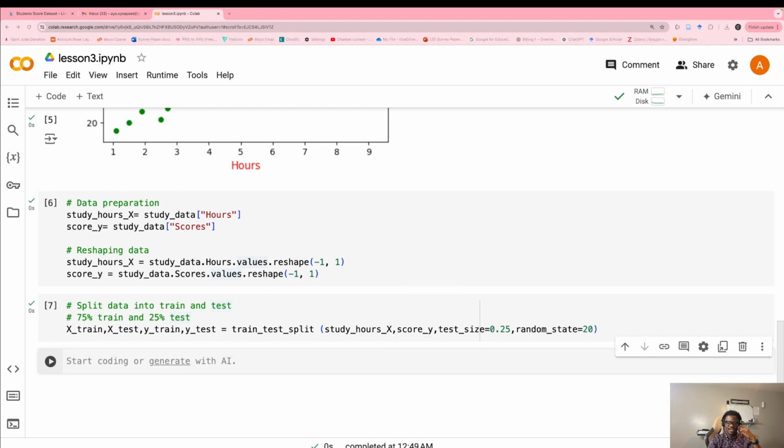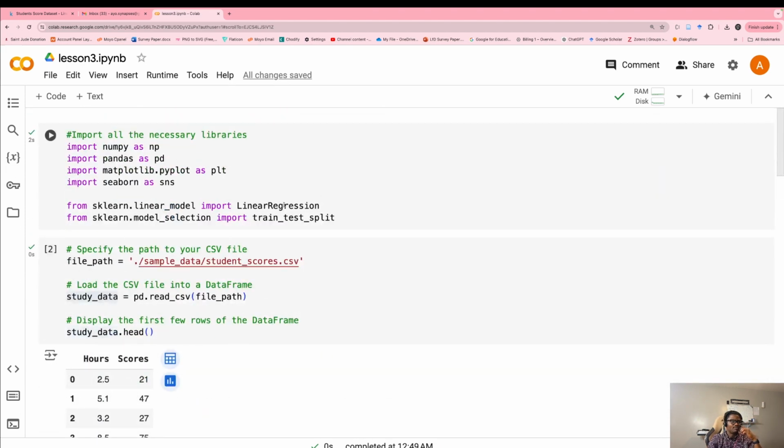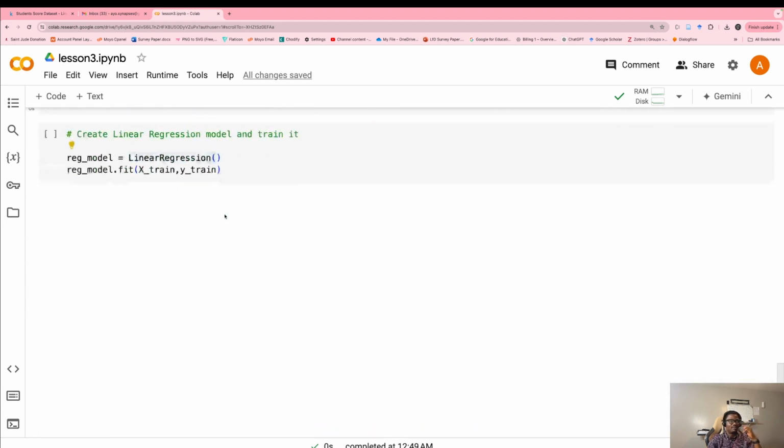The next one is actually training our model. Create a linear regression model and train it. Our linear regression model is equal to this. Remember I told you that this linear regression model is already given to us because we imported it from here, but it's an empty AI.